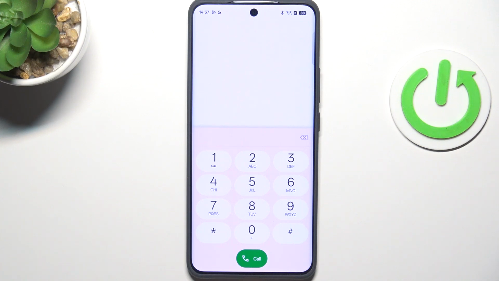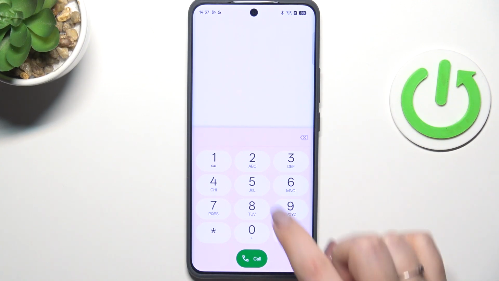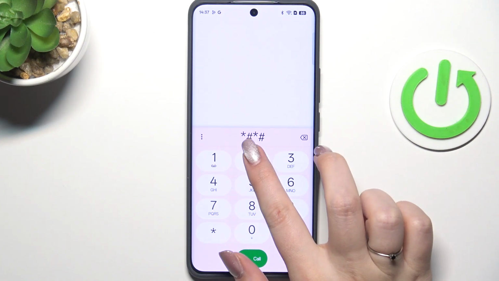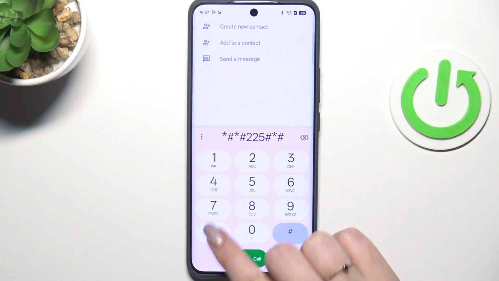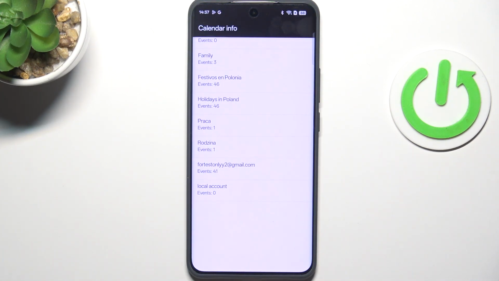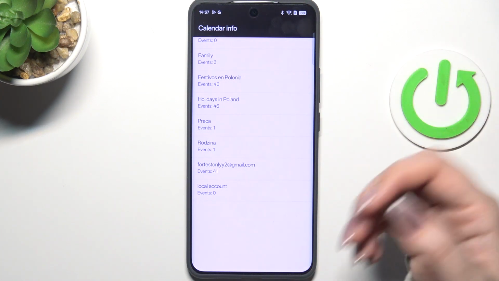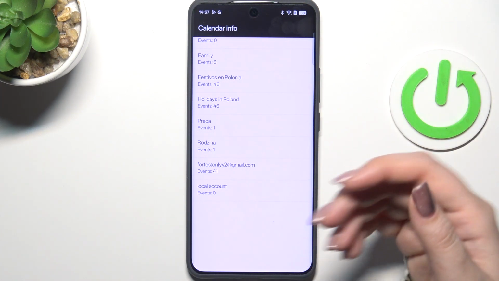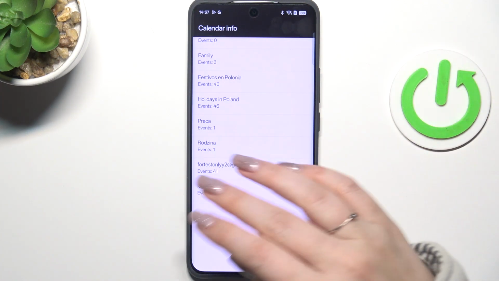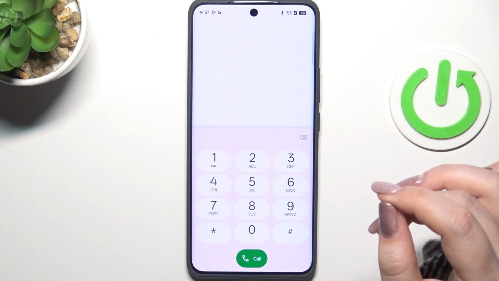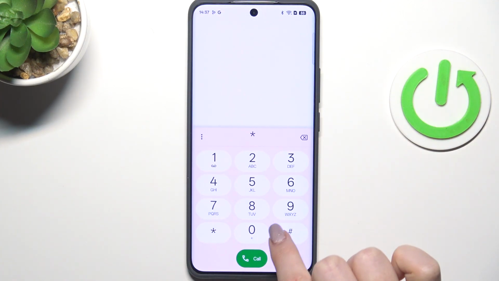Let's go back and let me show you another code, which is *##225*##. And here we are in the calendar info, so we've got all the events gathered in one place. We can check some family events, some holidays in your country should also be right here, or events attached to your mail. Let's go back and another code, which is